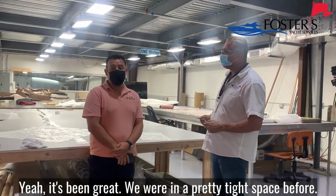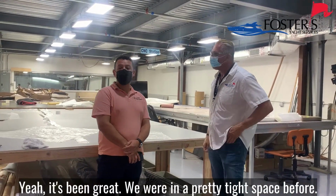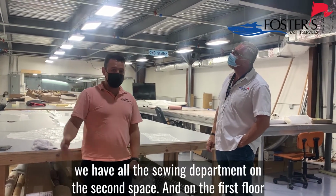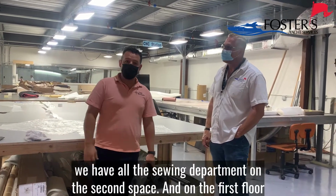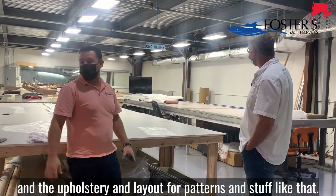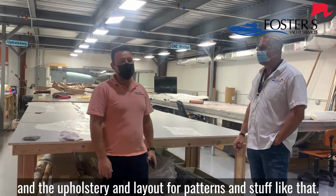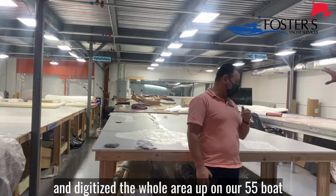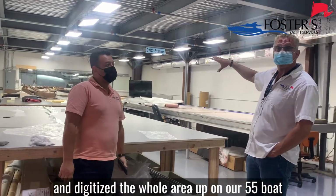Yeah, it's been great. We were on a pretty high space before. So now that we have the second space, we have all the sewing department on the second floor. And on the first floor, we left our CNC cutting machine and the upholstery and layout for patterns and stuff like that. So they actually scanned, took all the measurements and digitized the whole area up on our 55 boat,